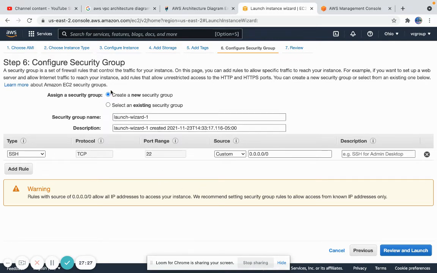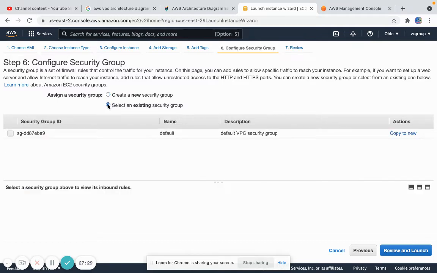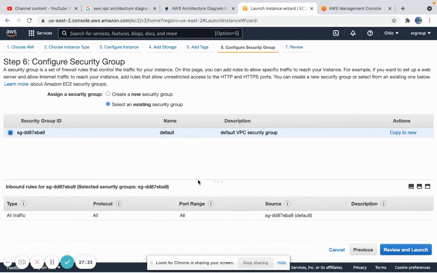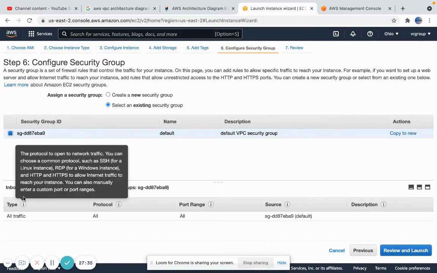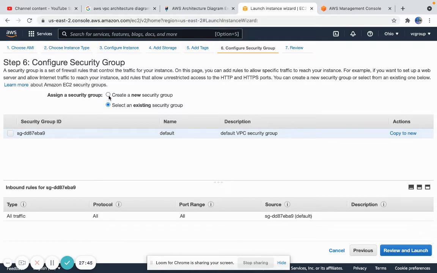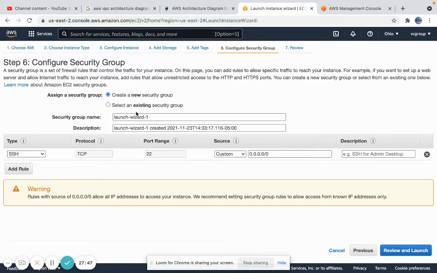You see that this is creating a new security group. I can choose an existing security group, or I can choose this security group, okay? The inbound rules for this security group are accepting all traffic, right? You see that, accepting all traffic, which is not secure. What I will do is create a new security group with the only inbound rule being SSH,